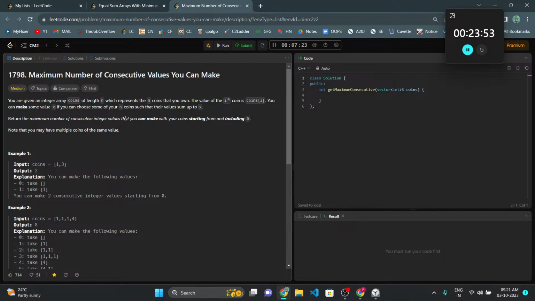Okay, let's say I have coins 1 1 6. Okay, I can generate 1. Okay, I can generate 2. Okay, but I cannot generate 3. Why? For 3,